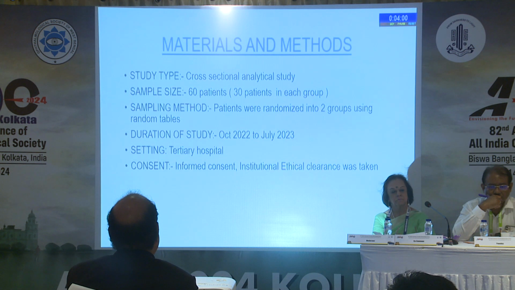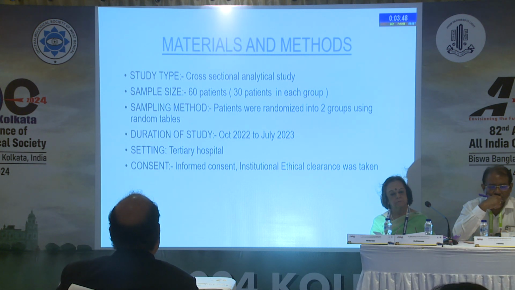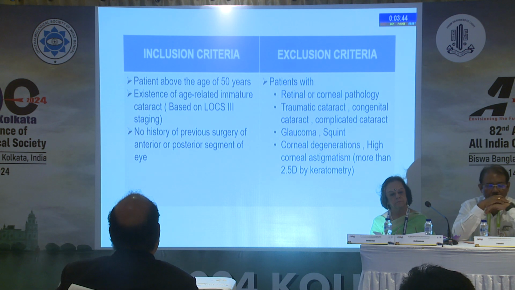My materials and methods: the study type is a cross-sectional analytic study with 60 patients, 30 patients in each group, and duration of study is 9 months, done in a tertiary hospital. Informed consent is taken, institutional ethical clearance was taken. Inclusion criteria is patients above the age of 50 years with age-related immature cataract and no history of previous surgery of anterior or posterior segment of eye. Exclusion criteria is any retinal or corneal pathology, traumatic cataract, congenital cataract, complicated cataract, glaucoma, squint and corneal degenerations